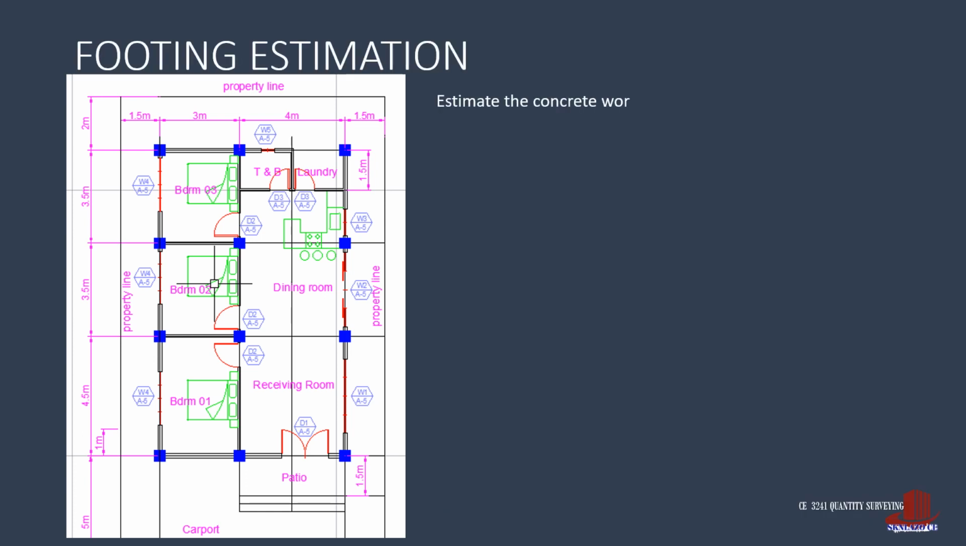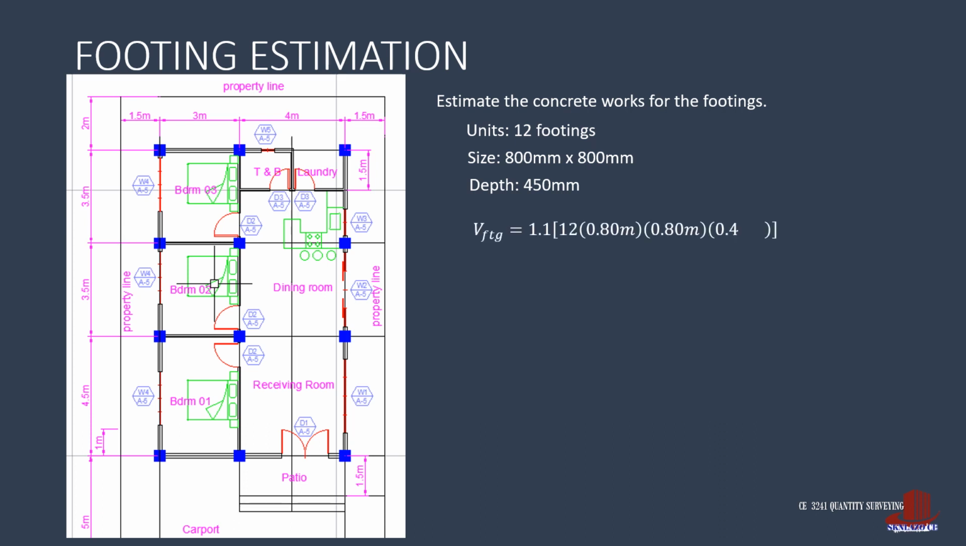First is to estimate the concrete works for the foundation. There are 12 units of isolated footing for the project. The size of footings is 800 by 800 millimeters with depth of 450 mm. Compute for the volume with 10% wastage allowance. We use 10% because footings are exposed to the grade. Compute the volume as 1.1 of 12 units of footings times the size of 0.8 by 0.8 with a depth of 0.45. The volume is